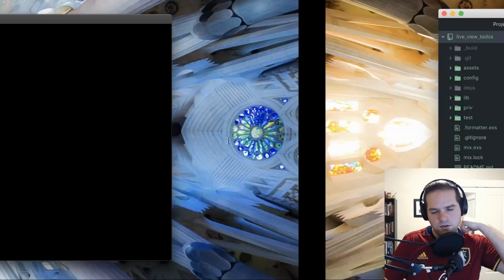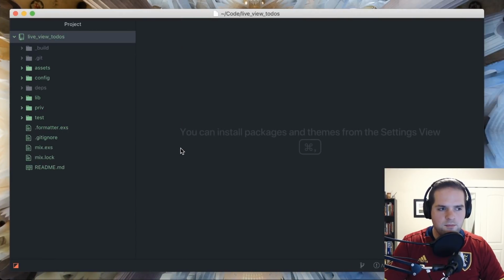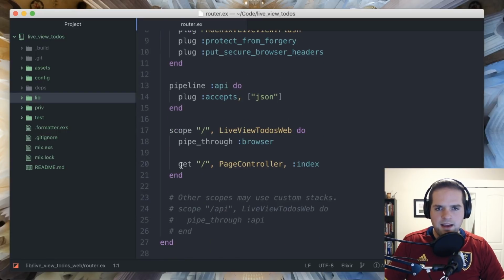So usually when I do this, I like to start kind of at the router level. And so I'm going to open up my router, and you'll notice that we have this route for the page controller here. So in the last tutorial, we created a new live route here that pointed directly to a live view. This time though, let's go ahead and stick with the page that's already there and then render our live component into it. So our page controller, if we look at that,